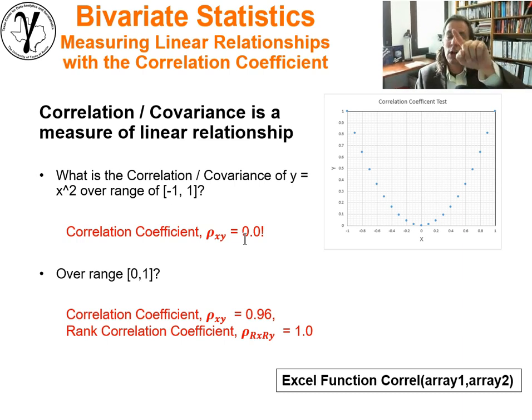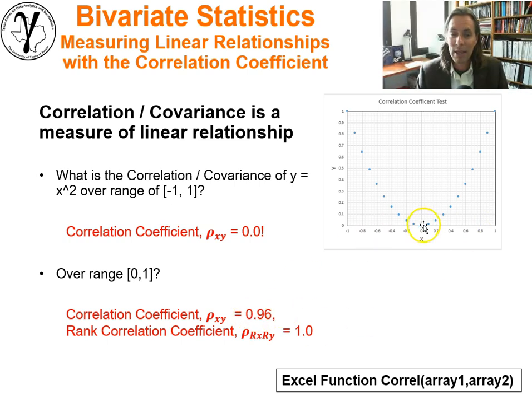It's shaped very nonlinear, but it is a very good predictive relationship. If I know x, given this data set, I perfectly know y. But I'm getting a correlation coefficient of 0 because it's sensitive to nonlinear features. Now, if you calculate the correlation coefficient just between the range of x between 0 and 1, it jumps up